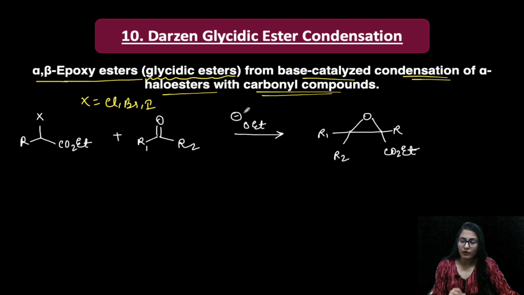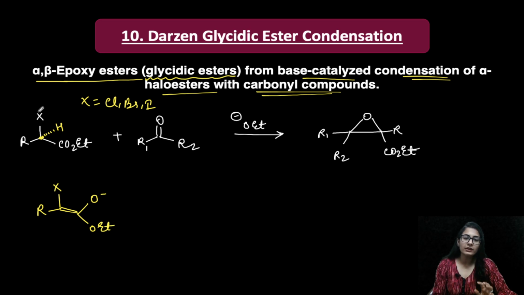That we are having a strong base. Now this strong base is going to take up a proton. From where is it going to remove a proton? Let's say the hydrogen over here. Why? Because this hydrogen is very much acidic, as it is going to form a very stable enolate with the ester, something like this. And also it is acidic because there are two electron withdrawing groups. One is the ester, the other one is the halogen over here, which is going to make this proton a very acidic proton. And if that happens, this is the kind of ester enolate that we are going to get.